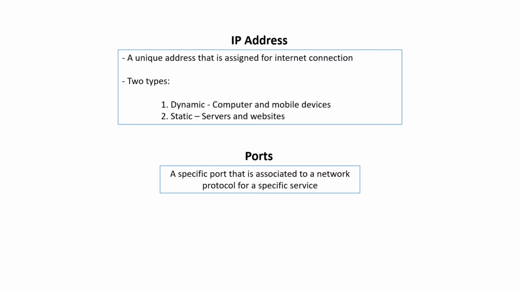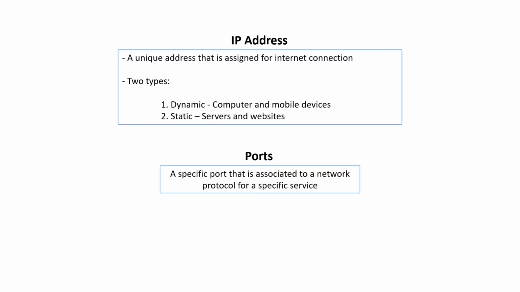Next, I will explain several terms that will be used throughout this video for better understanding. Firstly, IP address. IP address is a unique address that is assigned for internet connection. So every device or website should have an IP address. There are two types of IP address which are dynamic and static. Dynamic is for computer and mobile devices, and static is for servers and websites. So basically, computers and mobile devices will have a changing IP address, but servers and websites will have one only